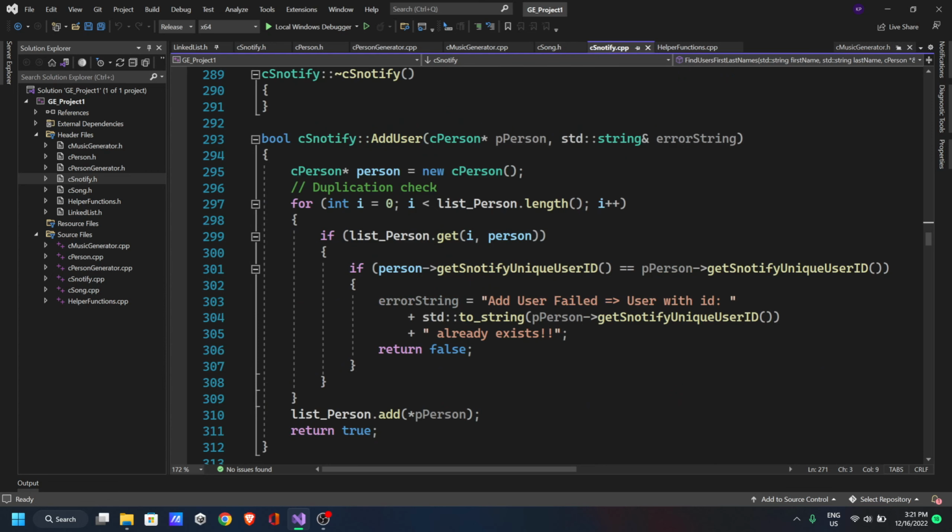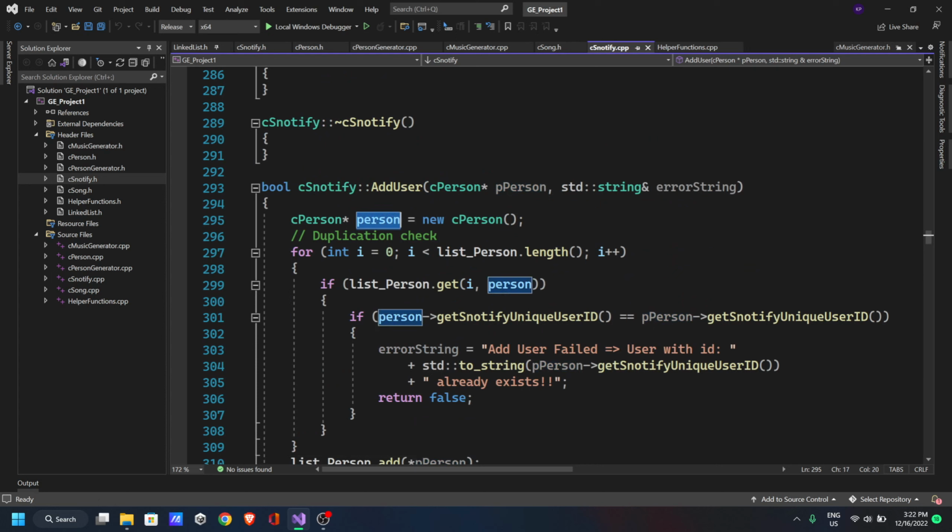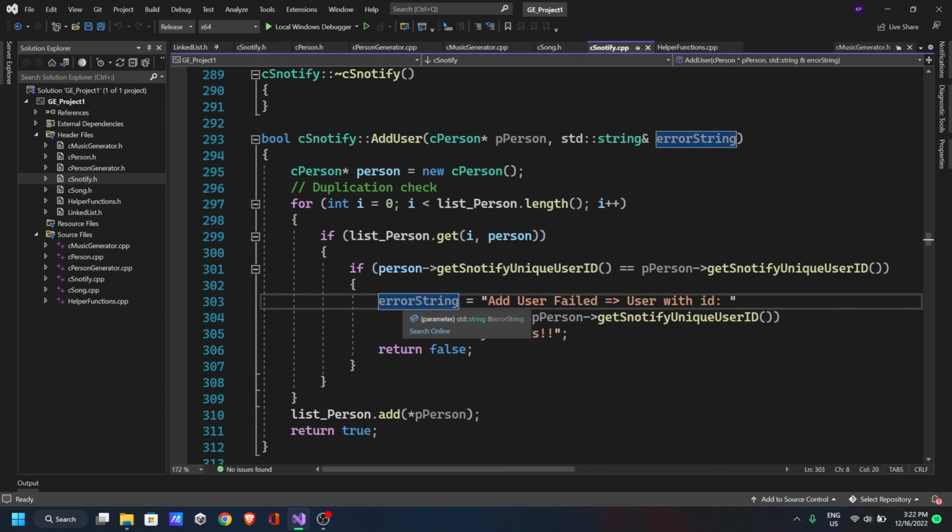Now we have an add user function. We just create a new person and we just pass it inside our list. So this person will first check whether the user exists or not. So we will first check. We will loop through the entire list to see if this person exists. If it does exist, then we'll pass an error string that user already exists. Otherwise, we will add the person inside the list person